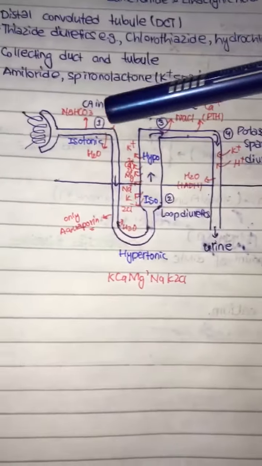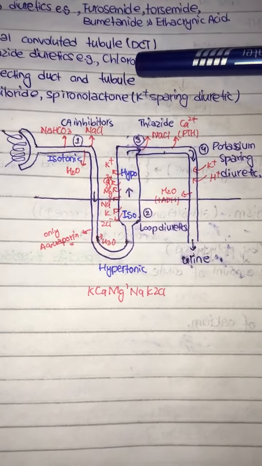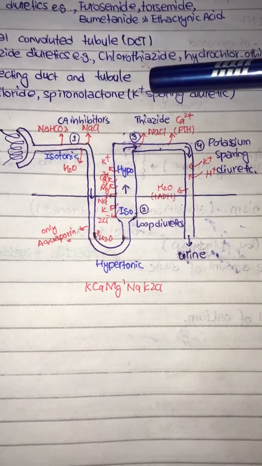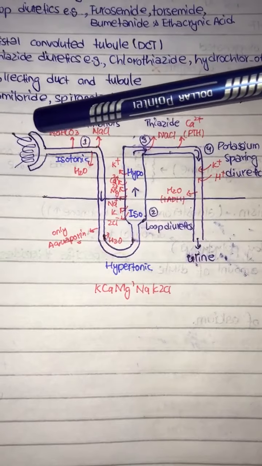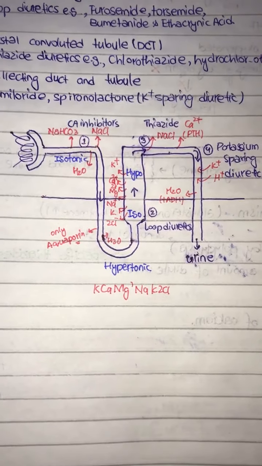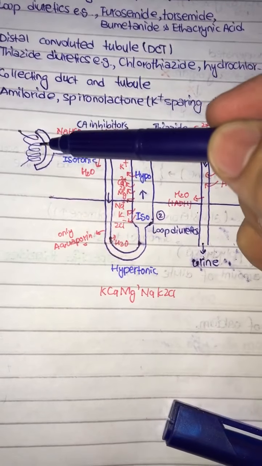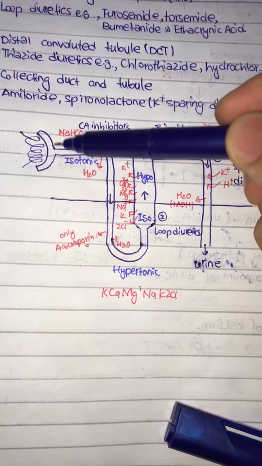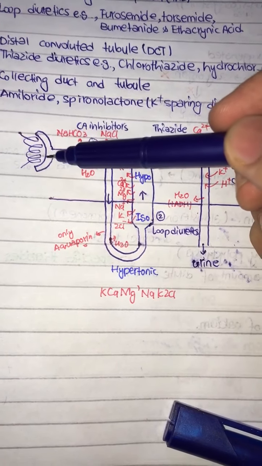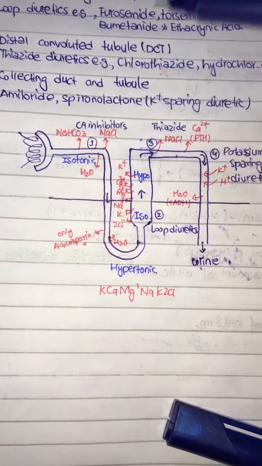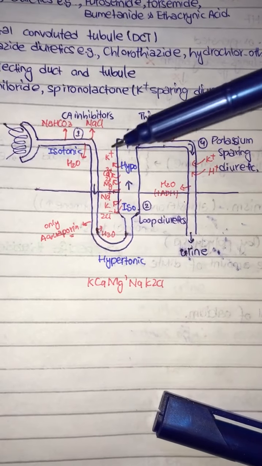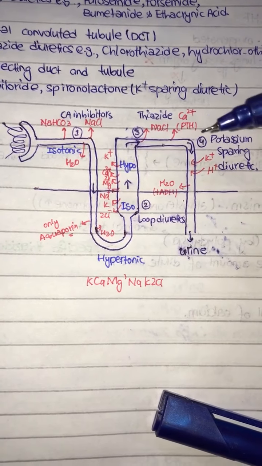So in this diagram, here is the nephron, the structural and functional unit of the kidney. There are actually millions of nephrons in a kidney. If I mark this, this is a glomerulus, a tuft of capillaries, and this is a Bowman's capsule, a cup-like shape that surrounds the glomerulus. I made a very basic diagram so that you can easily understand.